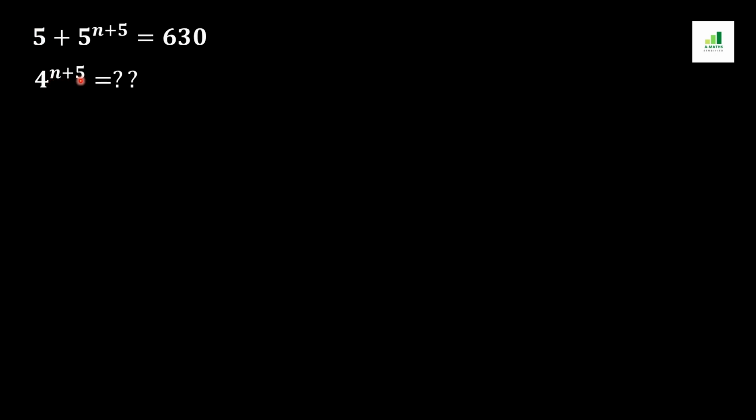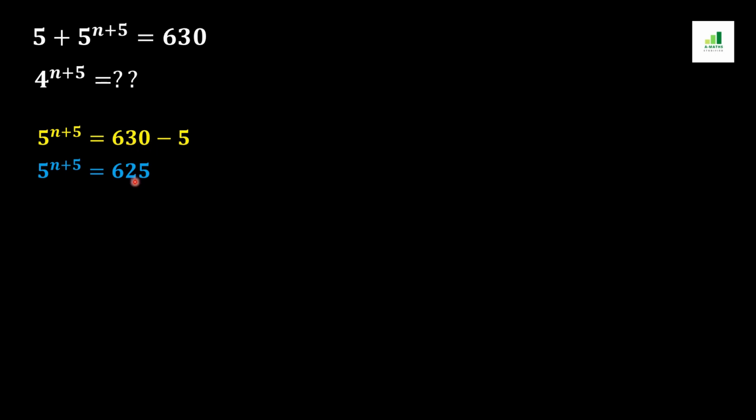In order to solve these equations, first we should move this 5, which is part of the given equation, to the other side of the equation, and this positive 5 will convert into minus 5. Now in the next step both values will be subtracted, or you can say this 630 minus 5 will be